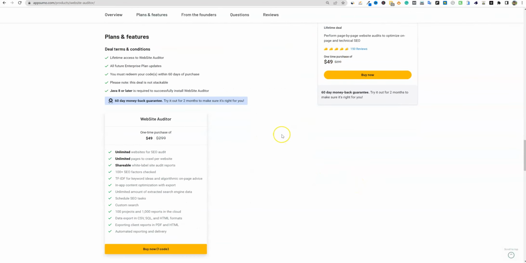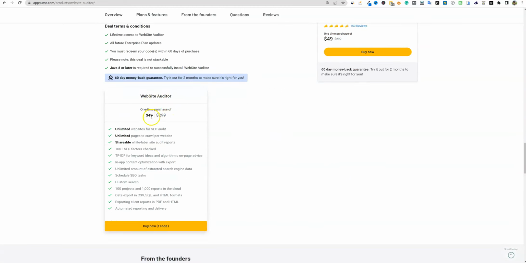We will look at the AppSumo pricing. Right over here, looks like Website Auditor for $49. You get unlimited websites for SEO audit, unlimited pages to crawl per website, shareable, white label site. So this is great for agencies if you're an SEO and you want to sell these reports and use this for your clients. Then looks like you're able to do that for unlimited sites, 100 plus SEO factors checked, all kinds of stuff here. Unlimited amount of extracted search engine data, in-app content optimization with export, 100 projects, and 1,000